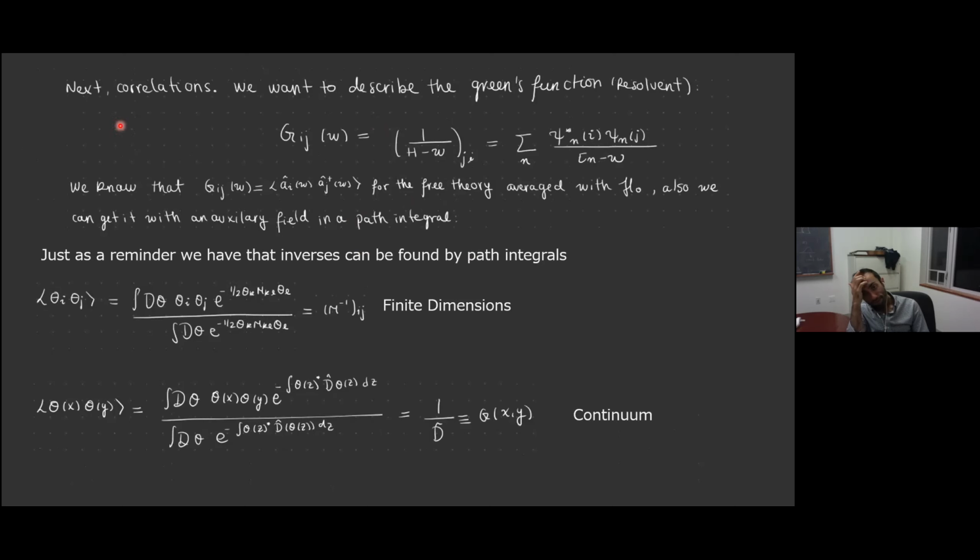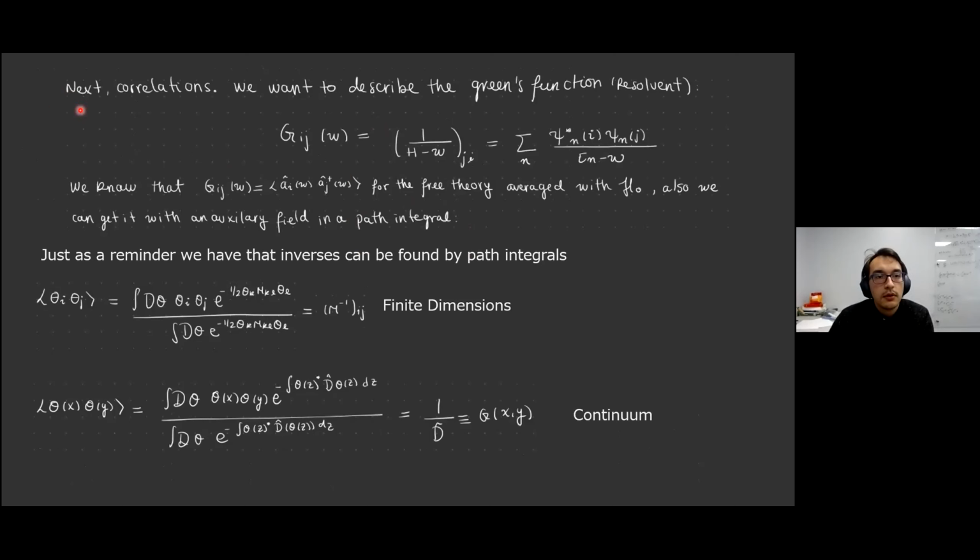Okay. So the next result would be to study the correlations, and in order to do that, what we're interested in is the Green function. For the discrete theory on the graph, it's essentially the resolvent of H at this energy. Then we will use this handy identity from this path integral, where you can obtain the inverse of the Green's function basically as a path integral of the two-point function.